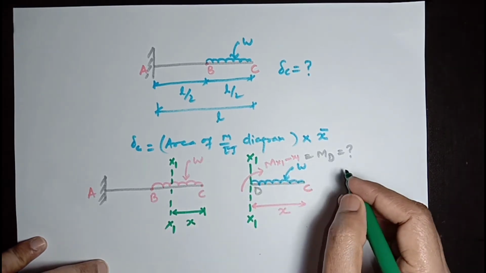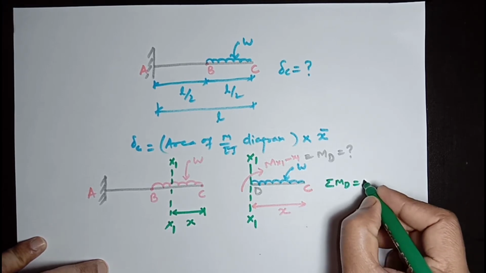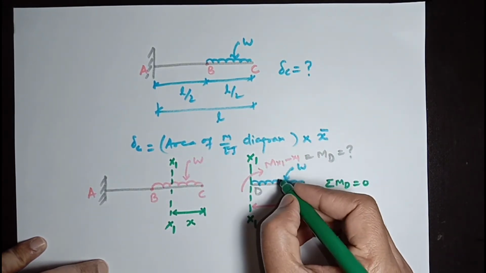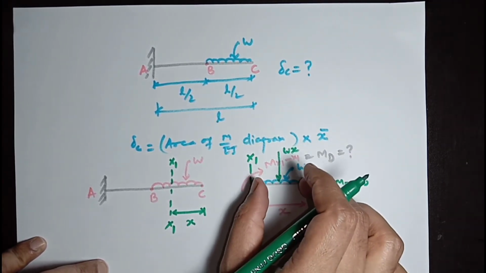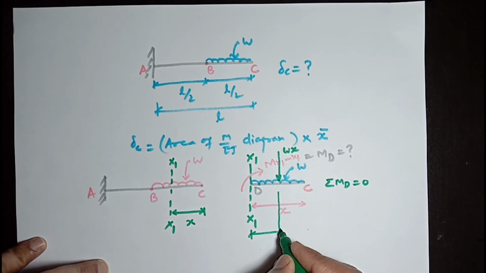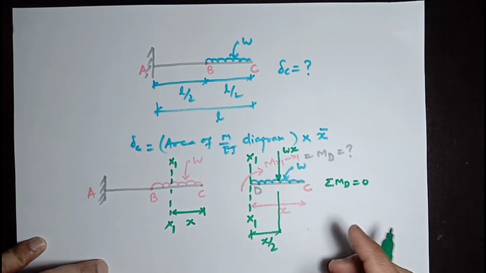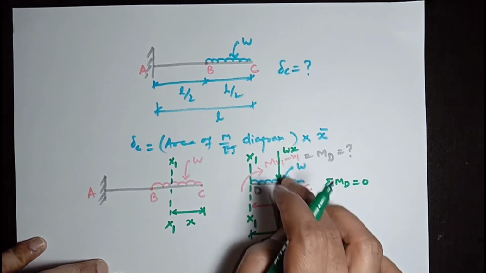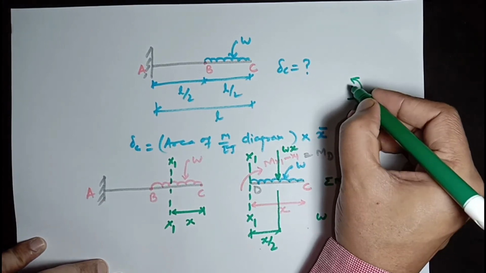And from the equilibrium condition of moment, the total moment about D will be 0. So here this is the load, the total load, it will be W into x. This is the total load, Wx. UDL multiplied with this distance will give the total load, and it will be acting at a distance of x by 2 from here, because this load will be acting at the center of DC, so it will be creating a moment. Load multiplied with the distance will create a moment which will be clockwise, and a clockwise moment will be positive as per our assumption, an anti-clockwise moment is negative.